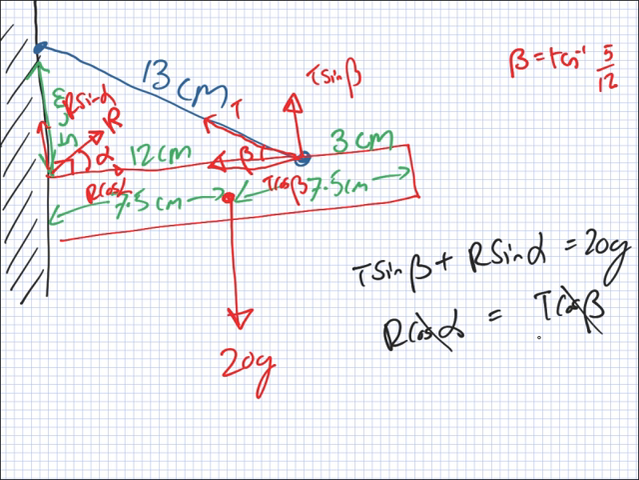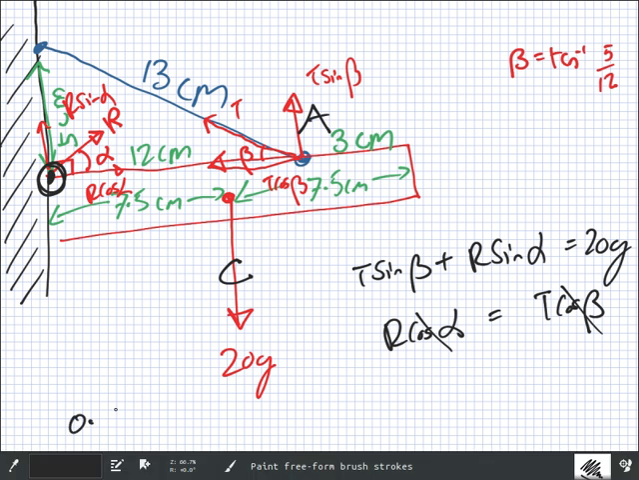Where do you put the turning point, the pivot? At the wall, at the anchor. At the wall, here. So, this force, clockwise or anti-clockwise? Clockwise. This one? Anti-clockwise. So you have 0.075